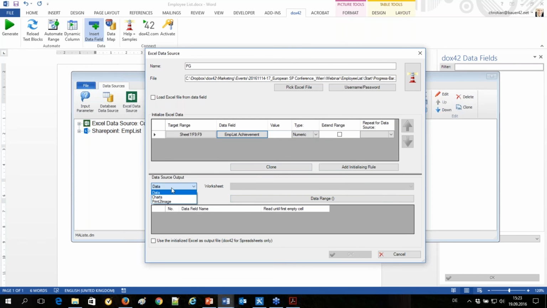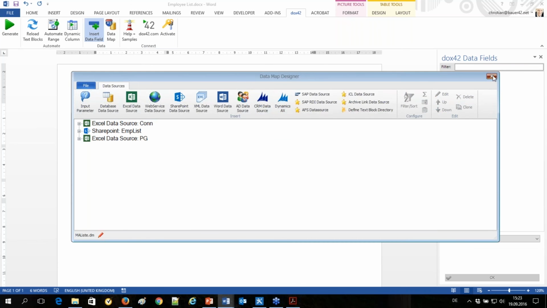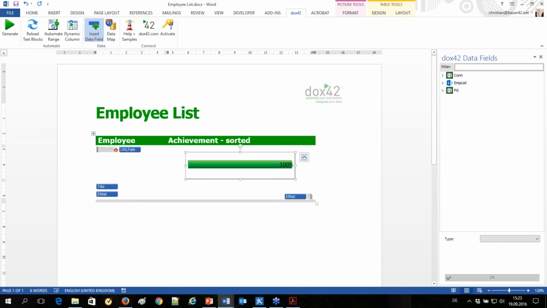So what is still missing is to link this template we created to SharePoint, because we want to have a button in SharePoint to create a document. What we created now is a template, and we want to link it to this button. There are several options to do that.